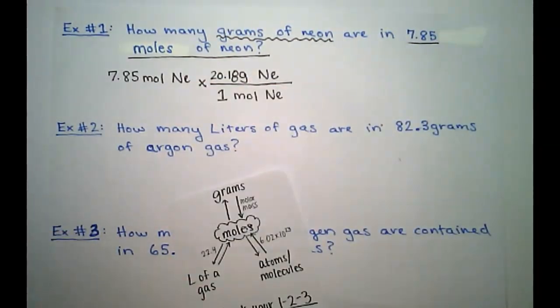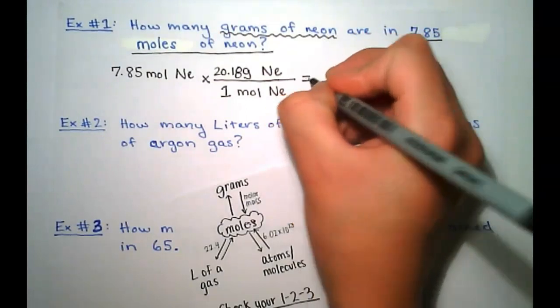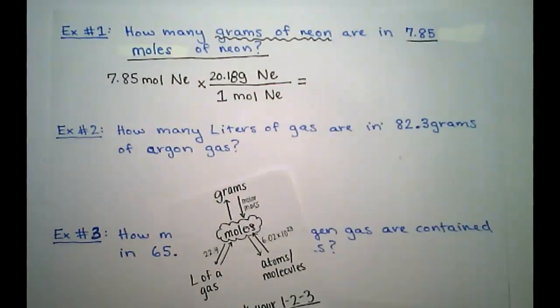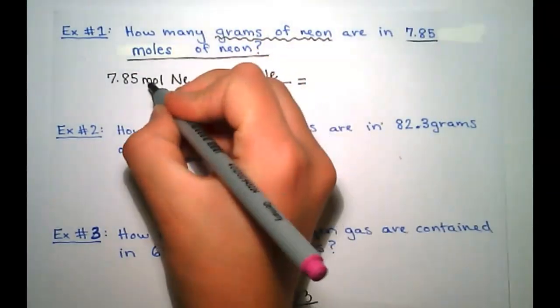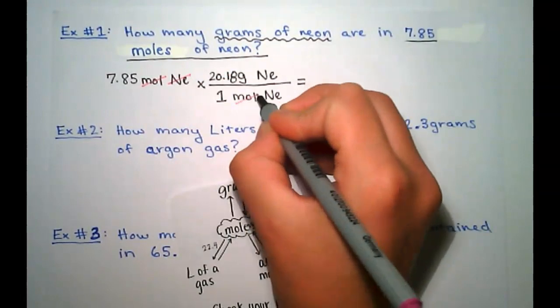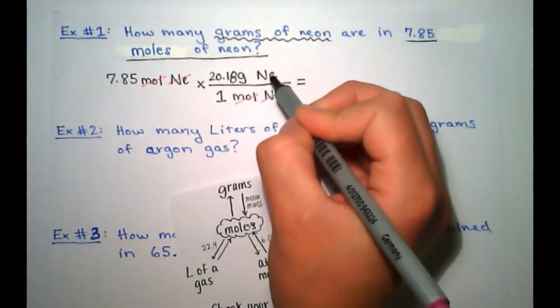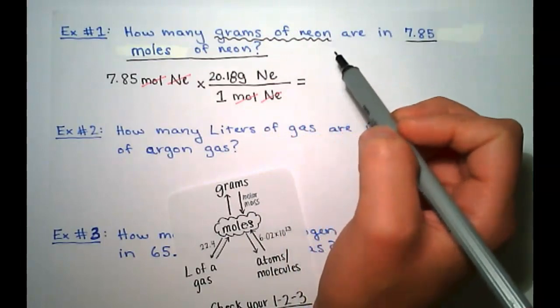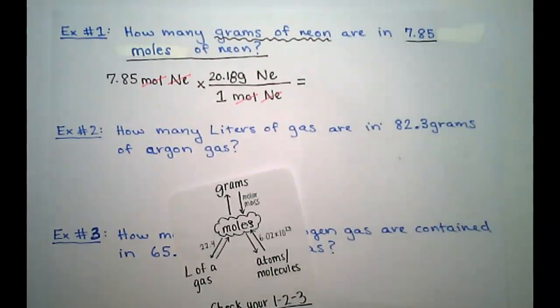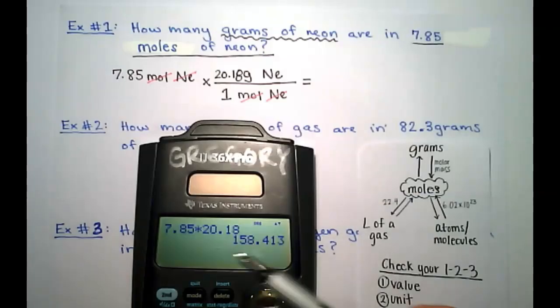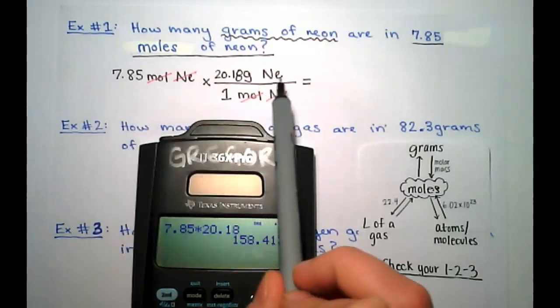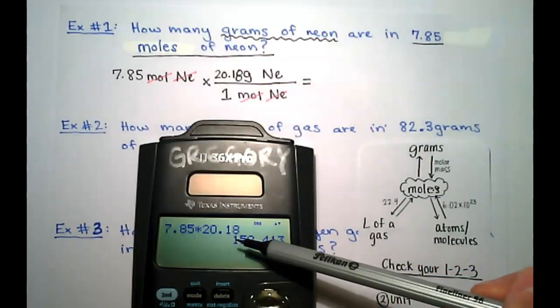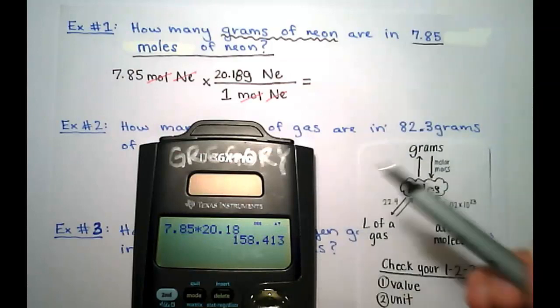So now I just need to solve my problem. So I'm going to put an equal sign. And we need to make sure our units are canceling correctly. So I see I have moles of neon, and I'm going to be left with grams of neon, which is what my problem's asking for. So I have set this up correctly. So now I just need to multiply this out using my calculator. So when I plugged this into my calculator, everything is in the numerator. So I put 7.85 times 20.18, and that gave me